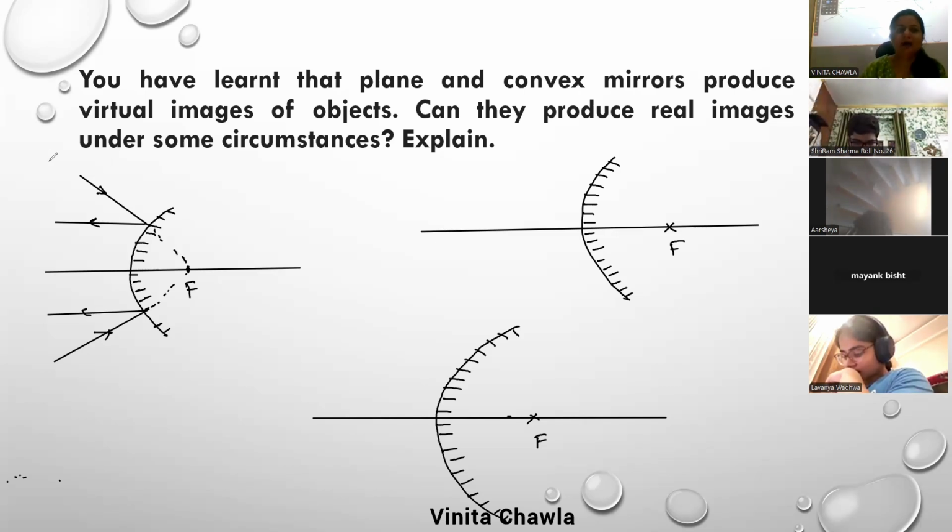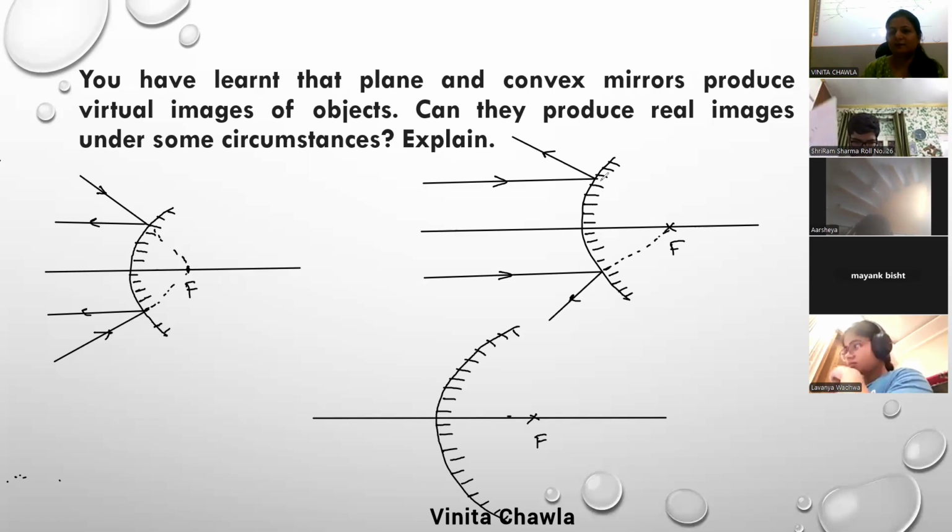Second case is if the rays are parallel and they are incident on convex mirror. Rays are parallel and incident on convex mirror. Then after reflection, they appear to diverge in the direction of focus. And we say that the image is formed at F. See, in this case, we get a virtual image, right? But if we have diverging rays,